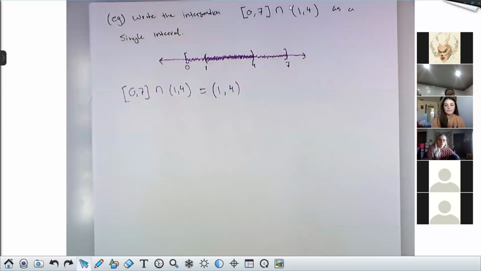We'll have more opportunity to practice this. And like I said earlier, the intersection operator is not as important for our class as the union operator. But we can play around more with this in office hours if you like. For now, I do want to get to the material on functions because I want you guys to be able to begin that first homework set, which is due on Tuesday. So let's do that, okay?